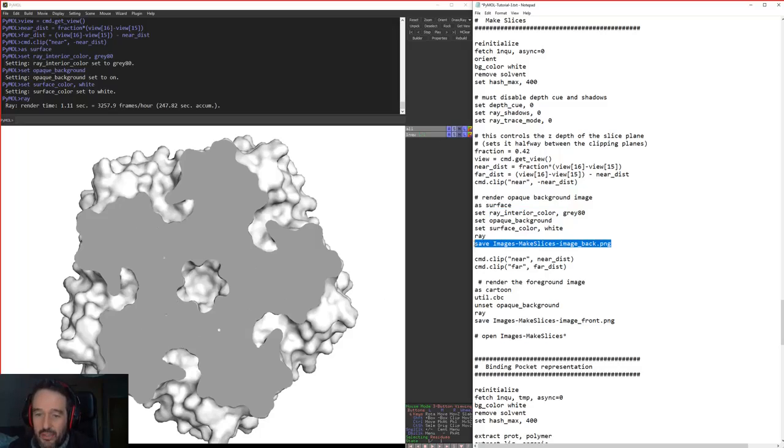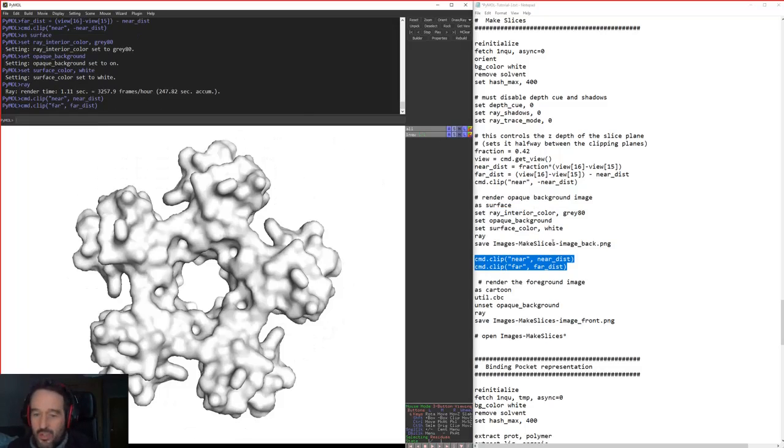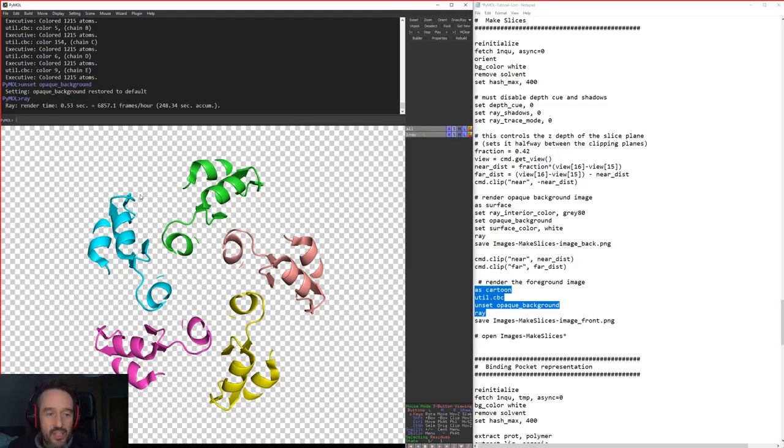And then we can save that. And then we can apply some of these clipping effects that we defined earlier to look at a slightly different section. Now just look at the cartoon, unset the opaque background, and hit ray again. And then this just gives us a bit of our cartoon model. And then you can save both of those